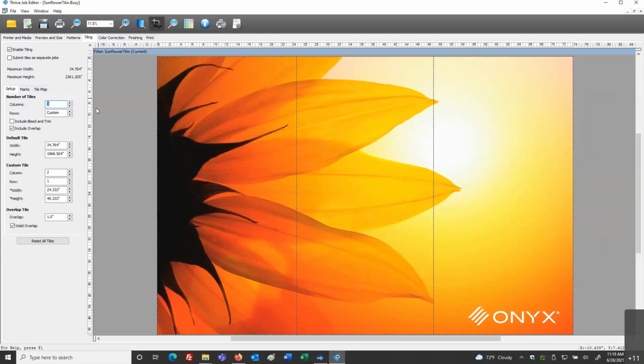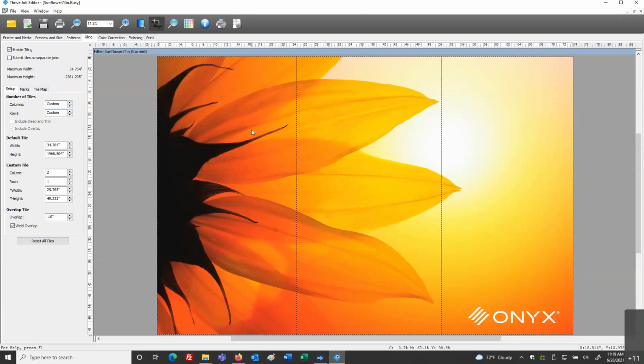Once we do that, it's always good to evaluate the subject matter. And maybe I look at this and I say, well, the very end of this petal from the sunflower and down here might be a little tricky for the installation team. And so I might decide to still manually move over a little bit to be out of that area. And again, these are all visual based on what your subject matter is.